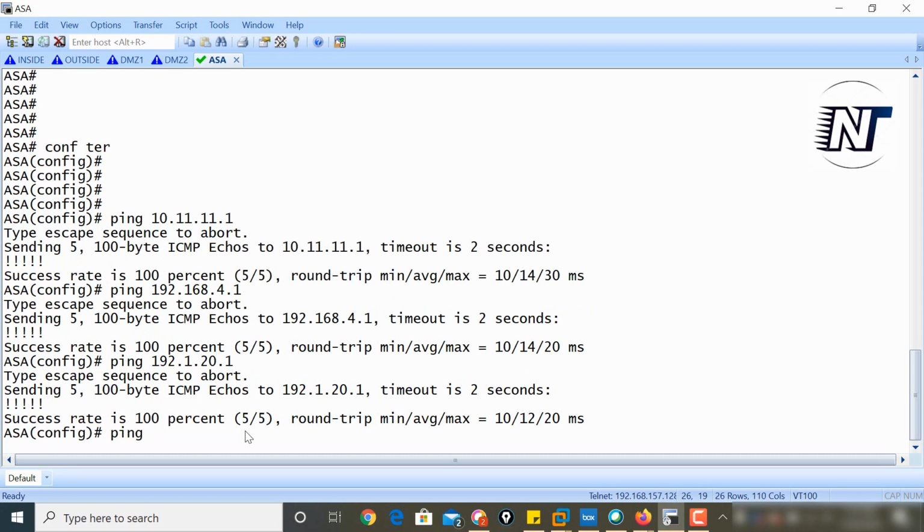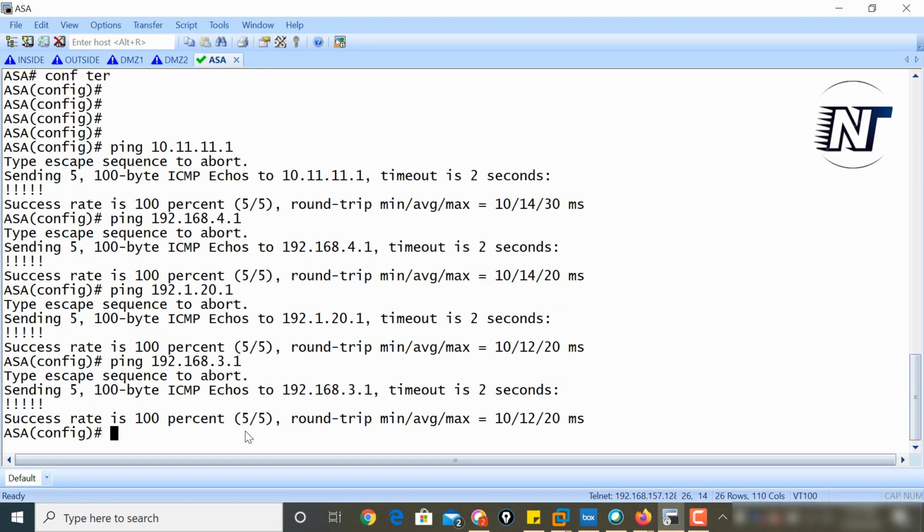It's pingable. Ping 192.168.3.1. Yeah, this one is also pingable. So all my surrounding networks are reachable now. So that is my basic config, what I already configured, and it's working fine. I will not be able to go beyond it right now because I don't have any route configured. Probably we'll see that in the coming videos.